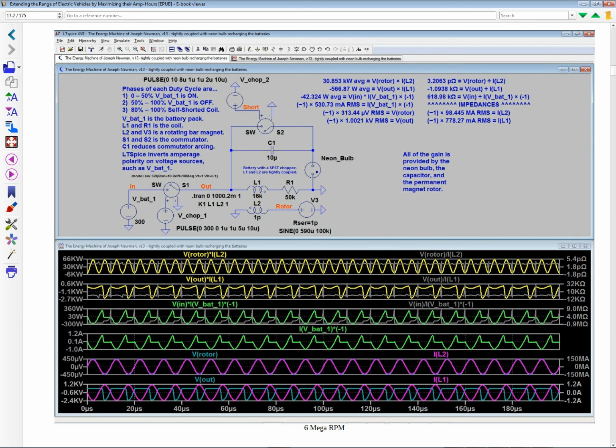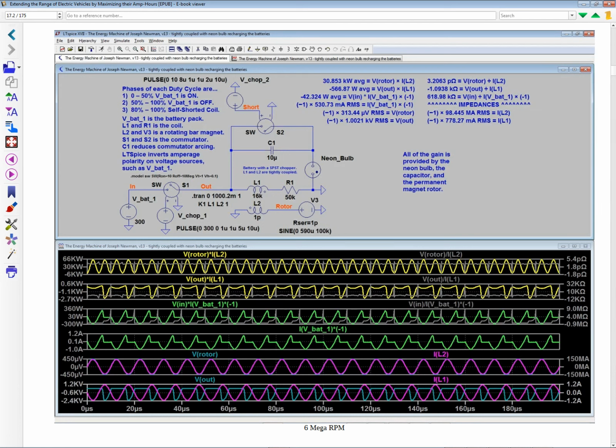And the voltage on the massive coil is, I believe it's 566, no, that's the watts. Where's the volts? Coils, coils, coils. Rotor, out. Well, I know it's here somewhere. I did all the measurements. Rotor. It's not the rotor. I think it's the coil. L1, L2. Oh, wait. Which one? Okay, L1. So L1 amps, volts. Here we go. Oh, wow.